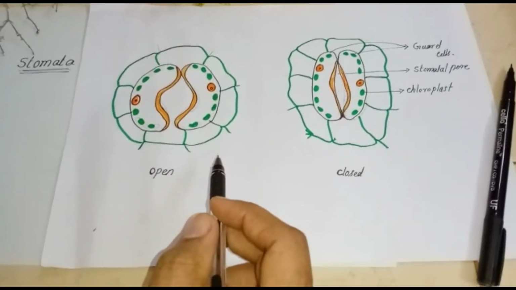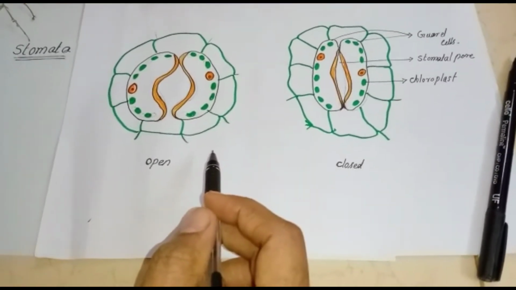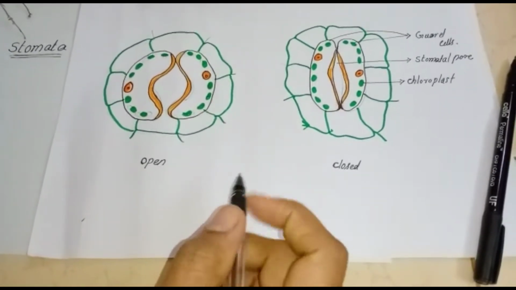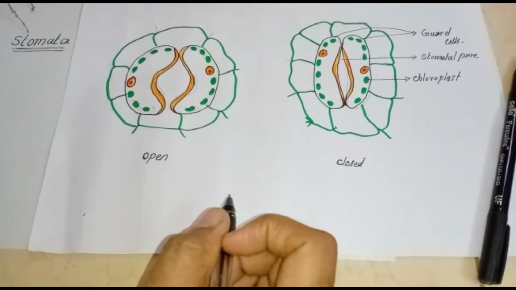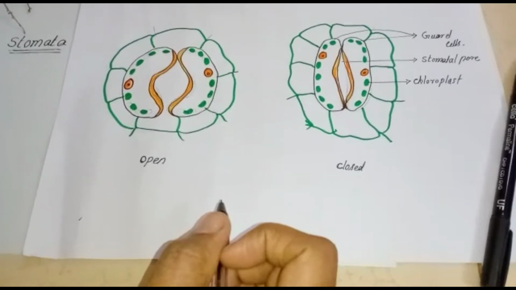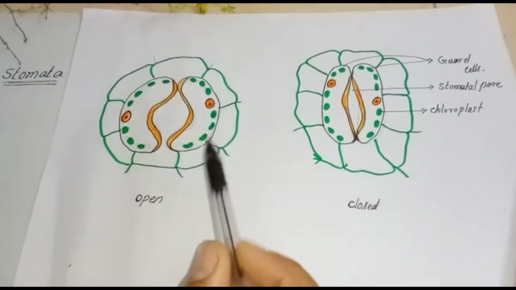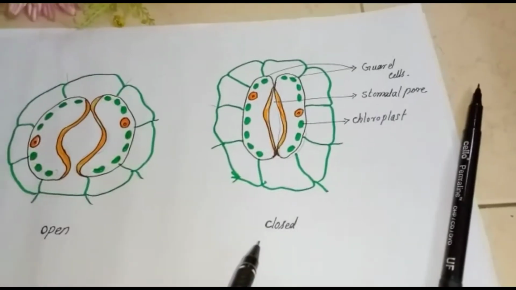Hi. Today, let us study how the plant obtains carbon dioxide. In the earlier classes, we had studied about stomata. Stomata are tiny pores on the surface of the leaves, and they are found in the epidermis of leaves, stems, and other organs of plants. See, this is the picture of stomata. This is the open stomata, and this is closed stomata.